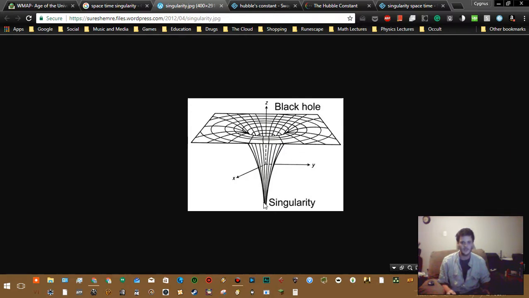It started coming out from a singularity. This is a picture of a black hole, and it falls into a singularity. But the thing is, it happened in reverse. Then you can start talking about white holes or whatever you like. But when it happened in reverse, you go all the way back down to the singularity, and then all of a sudden you're left with something. It's one little single point in space.